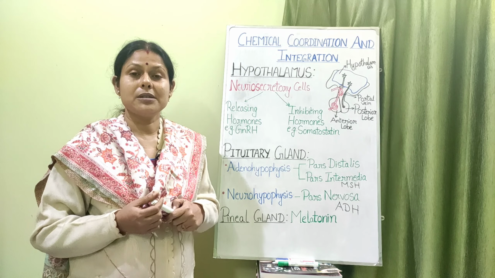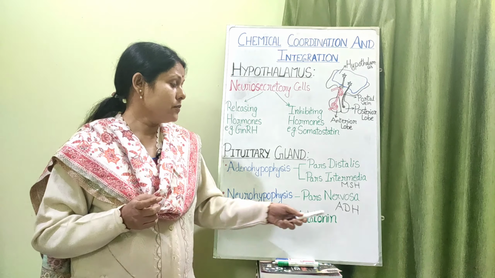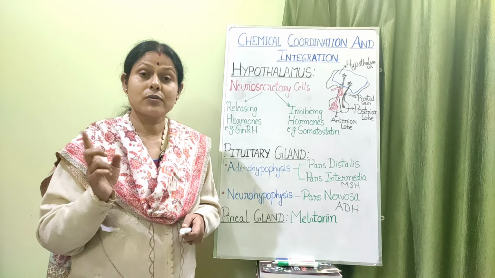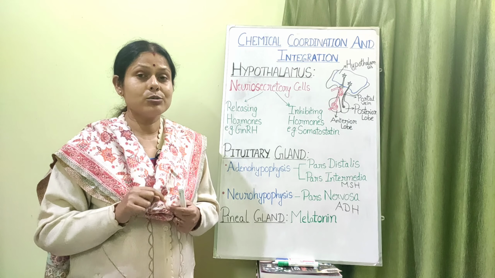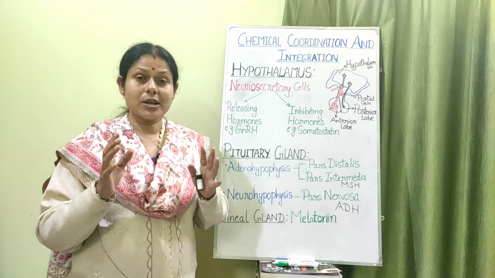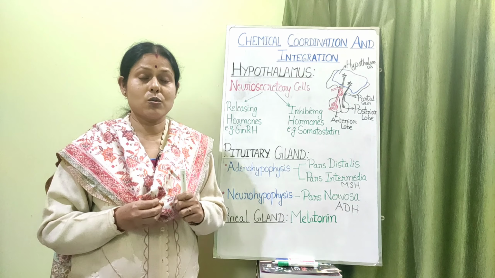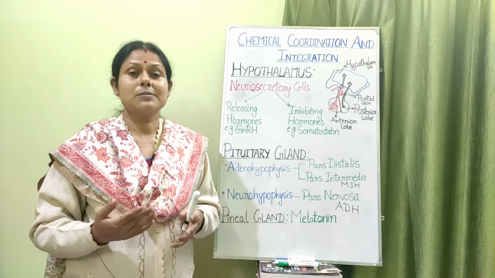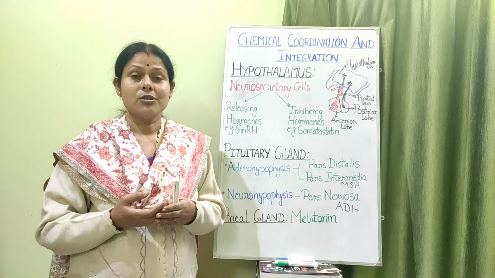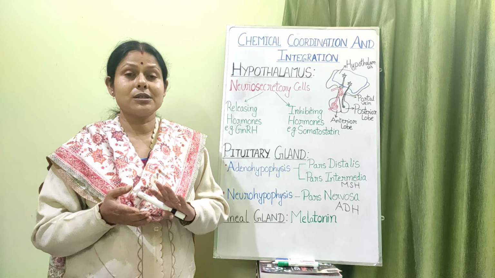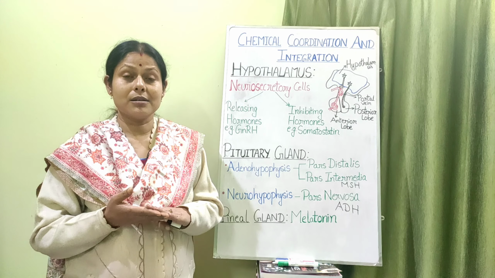Diabetes insipidus is a kind of diabetes which is because of the influence of ADH, not because of insulin. Insulin is regulating the blood sugar level, but ADH is regulating the reabsorption of water. Once it is not secreted in sufficient quantity, excess urine is passed out. But this urine does not contain glucose in it.